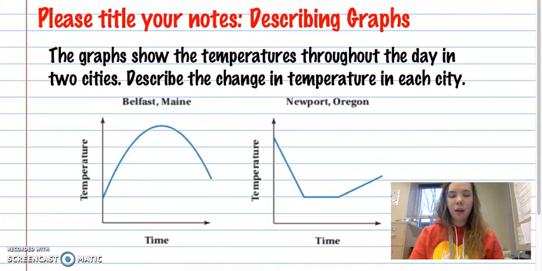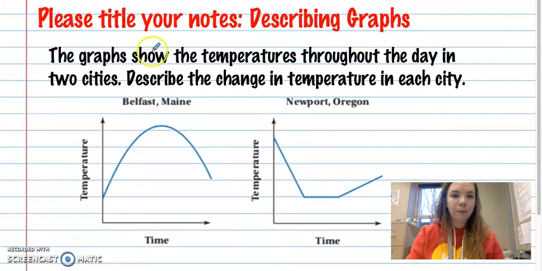Okay, we are doing our last set of notes for Chapter 7 today, and we're going to talk about describing graphs. So when you see something, how we can put that into context. The graphs show the temperatures throughout the day in two cities. Describe the change in temperature in each city. So I would like you to sketch these pictures. They don't have to be perfect, just the general shape, and then we're going to talk about what that shape